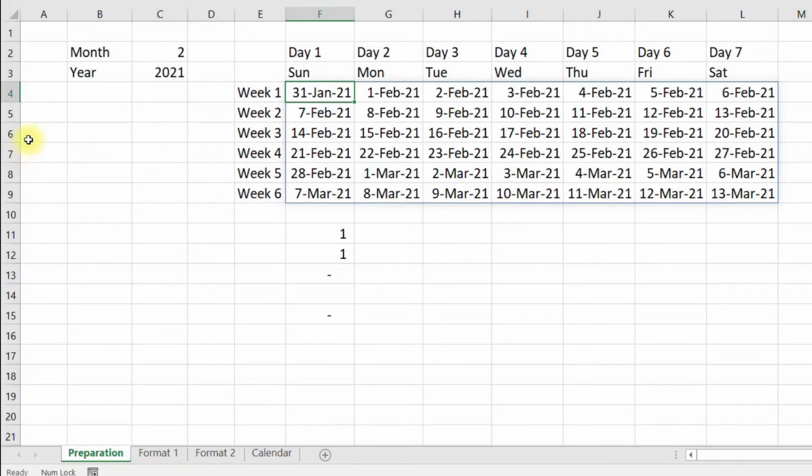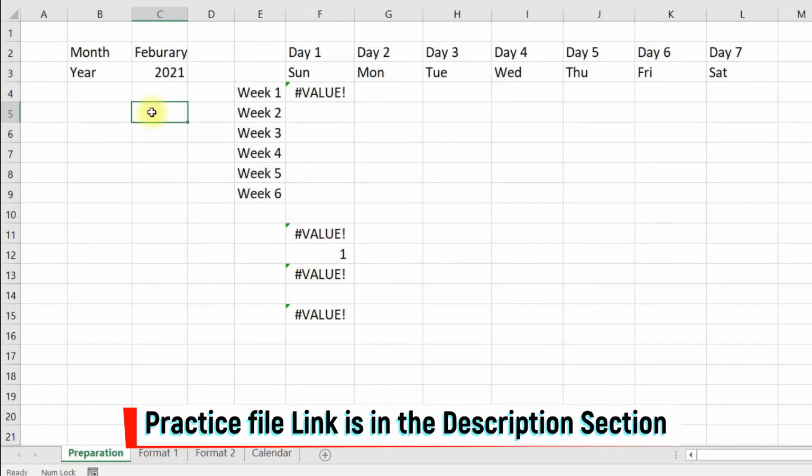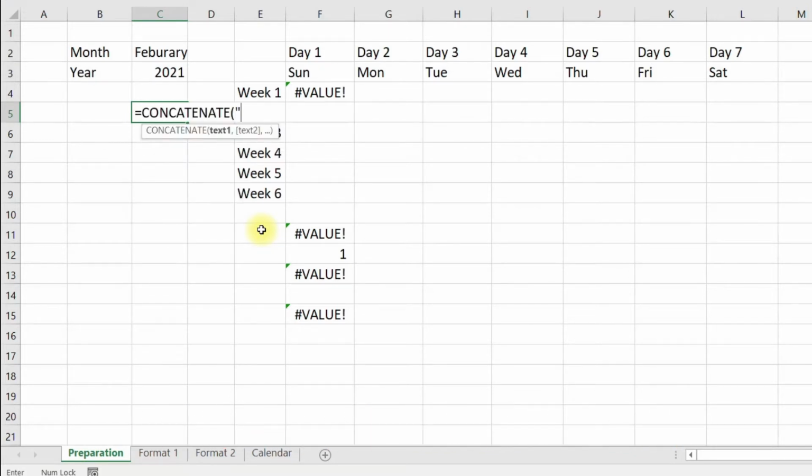Now guys, I have a challenge to determine the number of the month from its name. For example, here instead of 2, if I write February, my formula is not working. To overcome this problem, I can use the CONCATENATE function: equal to CONCATENATE February along with the dash and the year. Close the bracket and press enter.